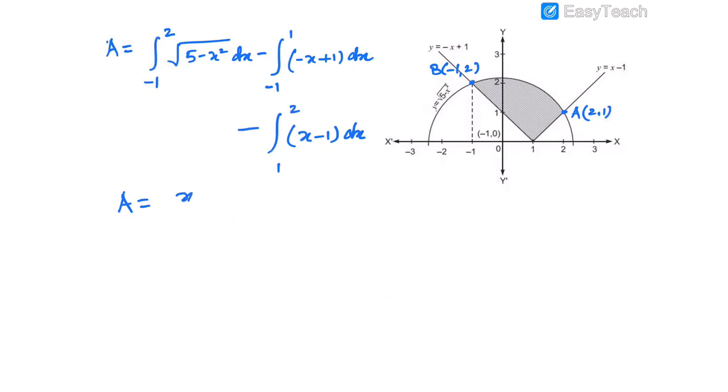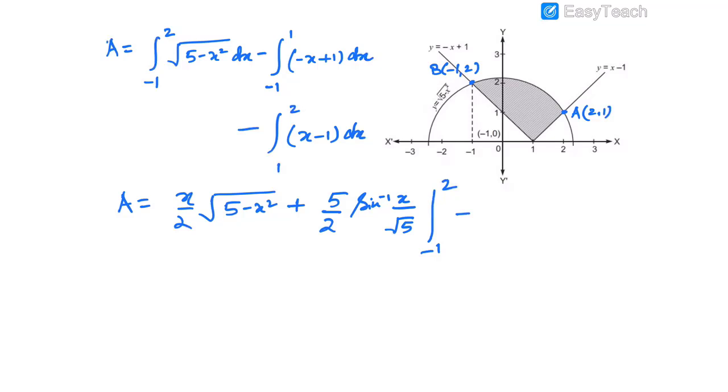So after integration we get x by 2 root of 5 minus x square plus 5 by 2 sin inverse x by root 5, with the limit from minus 1 to 2, and the second integration is minus x square by 2 plus x, limit from minus 1 to 1, and minus x square by 2 minus x, and the limit from 1 to 2. Now putting the upper limit and the lower limit,